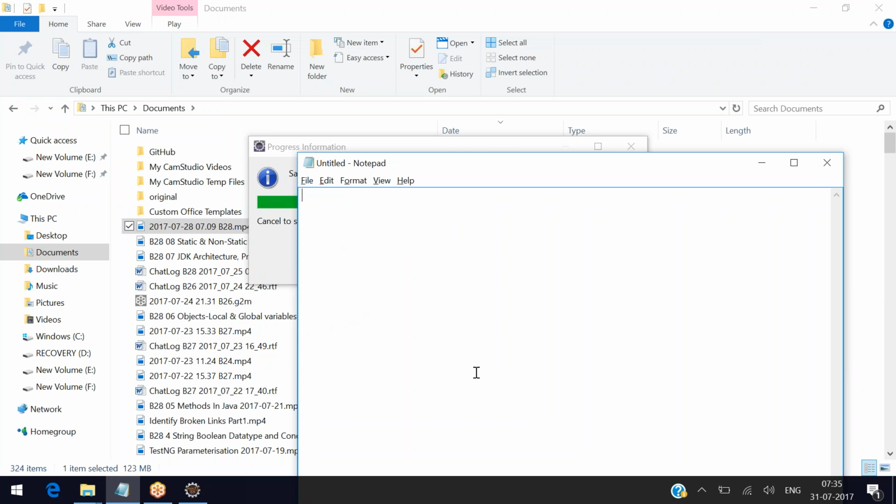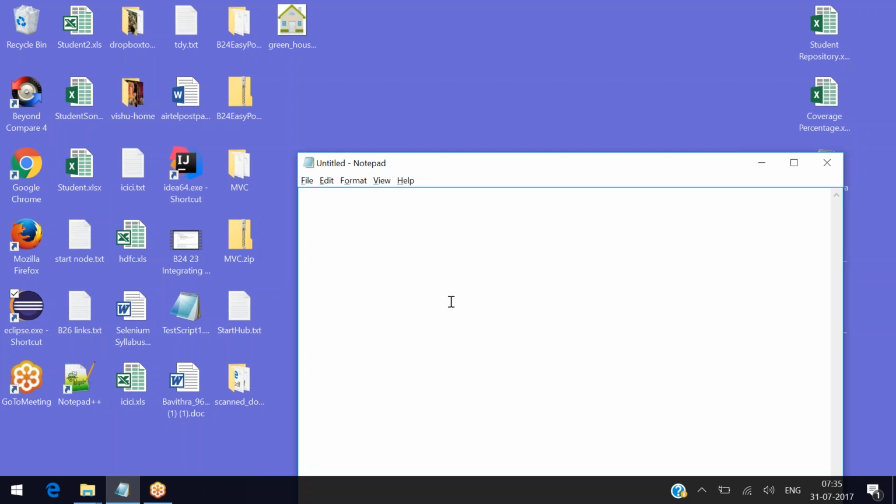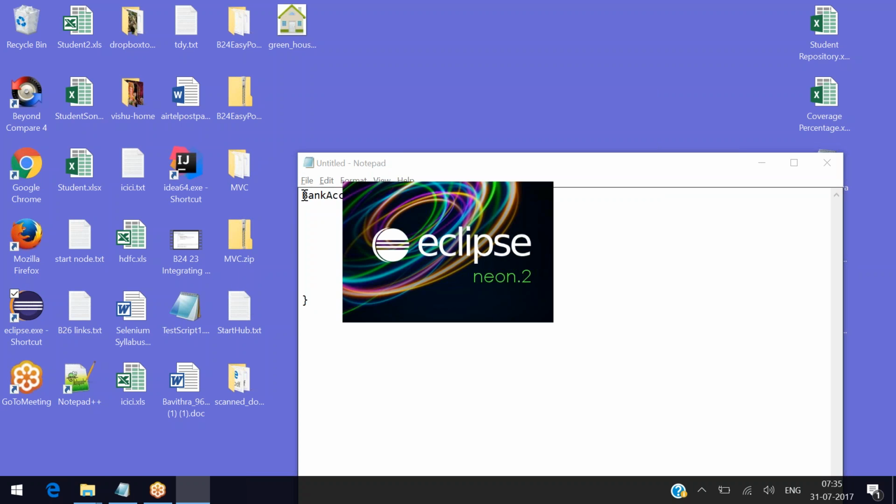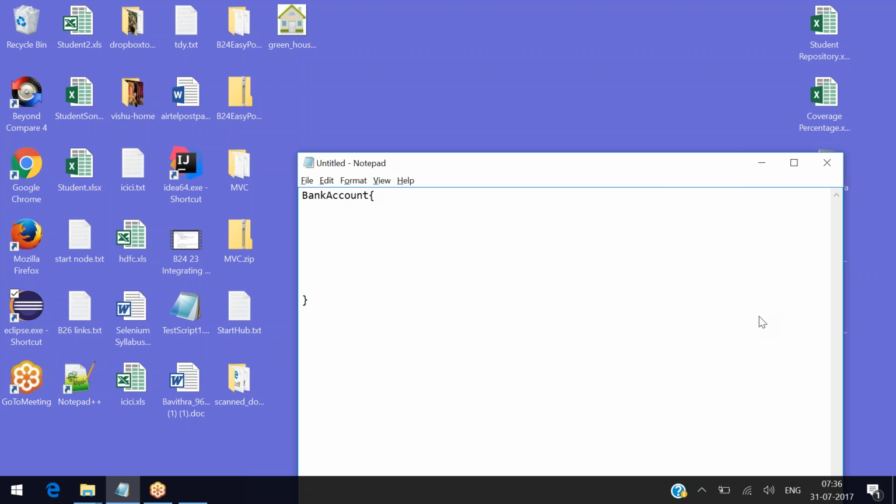Now say I have a class called bank account. The other day we have seen this class bank account, and it had some properties. One of the properties was long, and it was balance or account balance, something like that. Now the other day we created the methods. The method was something like this: